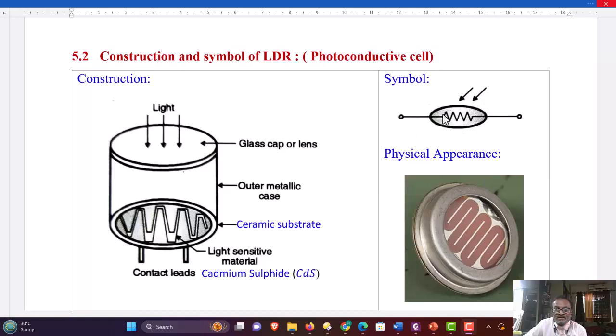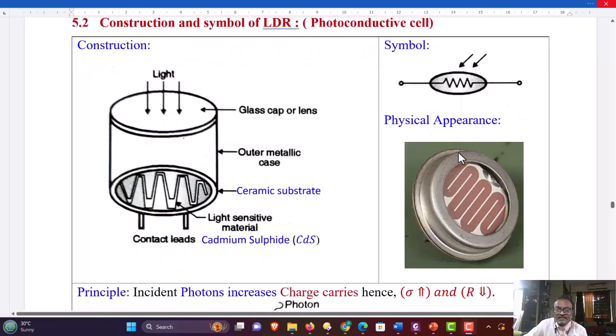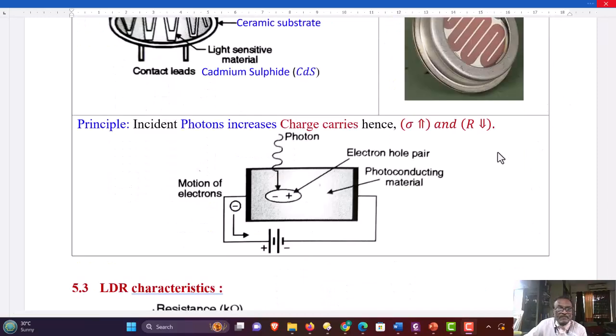The symbol is showing a resistance and the arrow indicates the light falling on it. So it is a light dependent resistance. The physical appearance is shown for the practical LDR here. The following figure repeats the operation